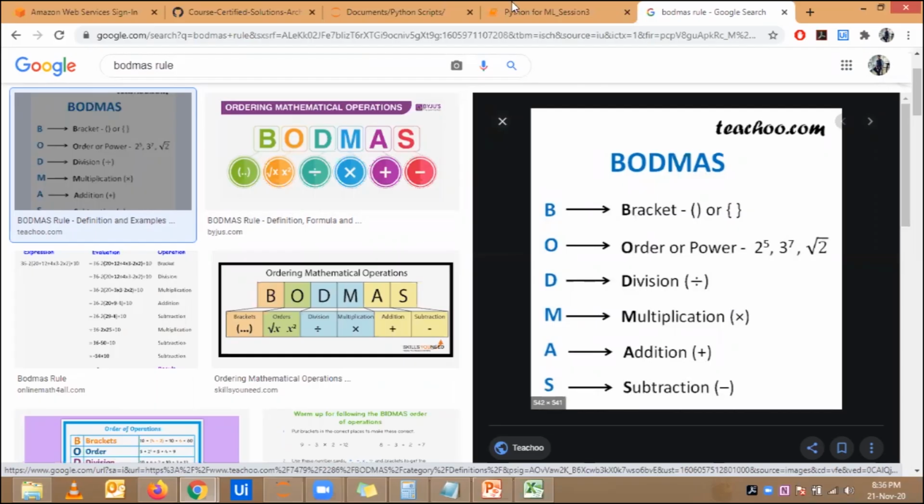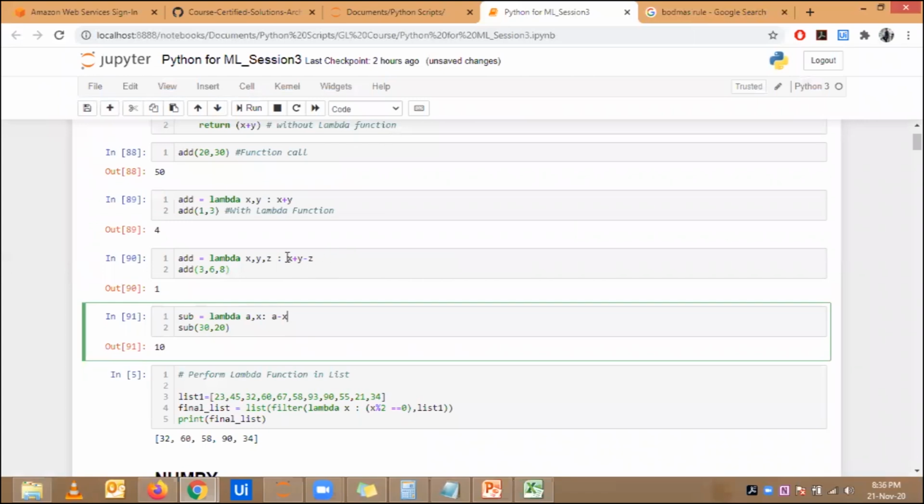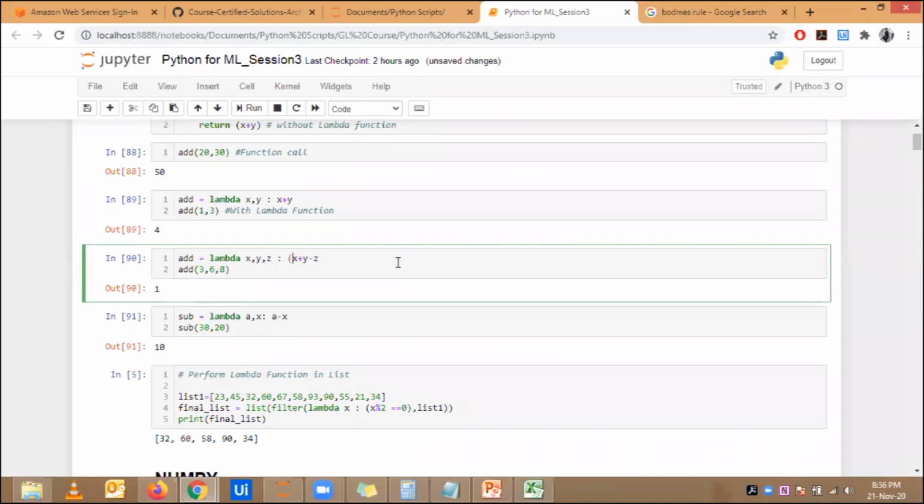Yes. So definitely the lambda function would do this. So let me try this. Let me say x plus y in bracket. Let me pass on a here. Let's try. I haven't tried it, so it should be able to do this. That means first it will take the bracket, so it should do this first and then this first, and both these values should be subtracted from each other, right? So let's pass a value which would suit it to see the result.